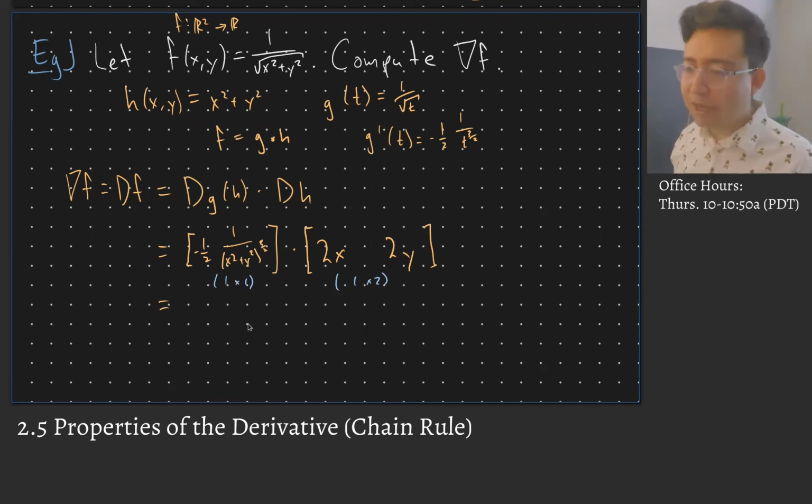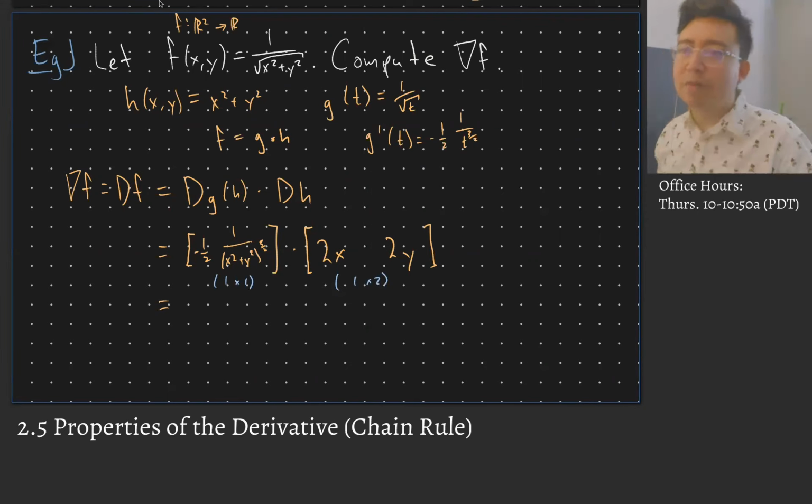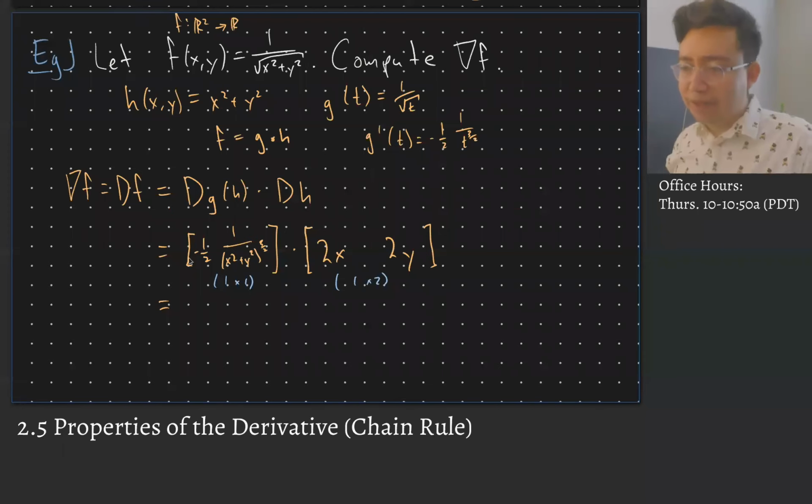So these should multiply together just fine and give me another 1-by-2 matrix. And so when I do that here, the first row by the first column is going to give me